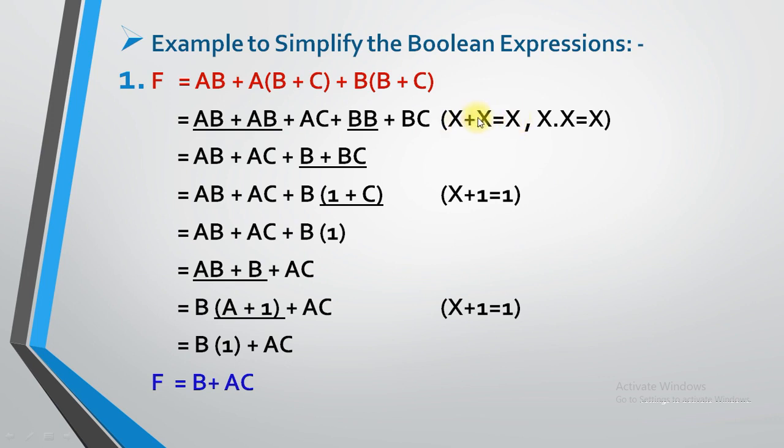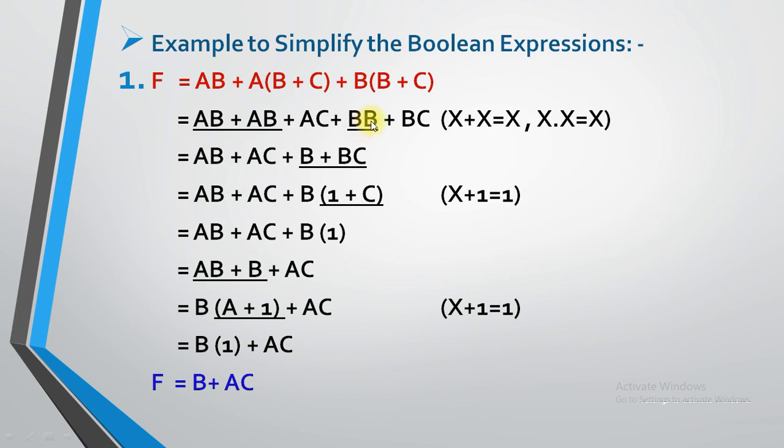So instead of 2 times value, we need to write only 1 time of that variable's value. Over here a and b both are repeated in the term, so I have written ab over here. This is the postulate I have written, that x plus x equals x. That's why I have placed ab over here. Similarly ac, I need to put it as it is.